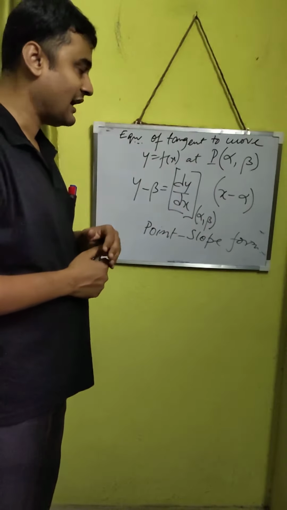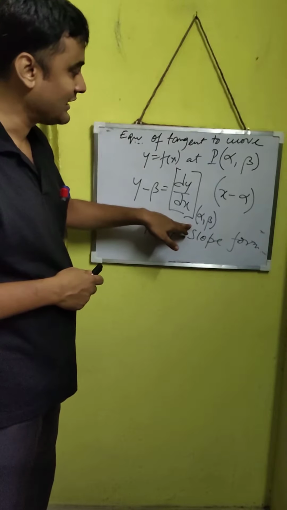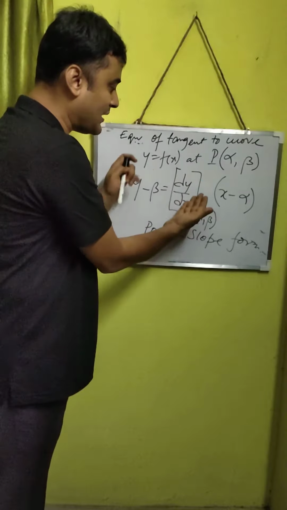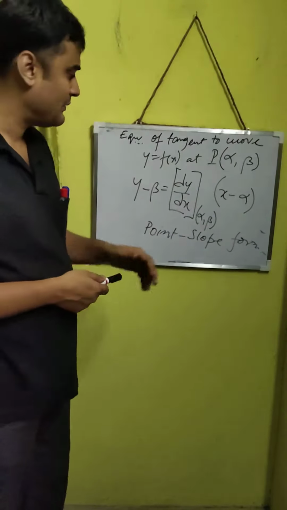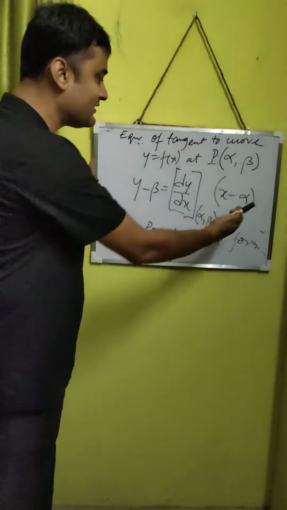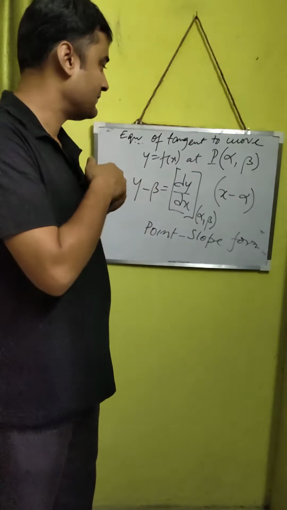So the equation of the tangent to the curve y equal to f(x) at the point P (alpha, beta) is given by Y minus beta equal to dy/dx at this point (alpha, beta) into X minus alpha. You can have a particular mathematical value, some numerical value, maybe some algebraic value. So you get a value here, multiply it and arrange it. This gives you the equation of a tangent to a curve. Now let us take some examples.